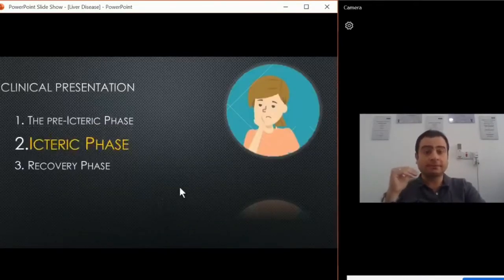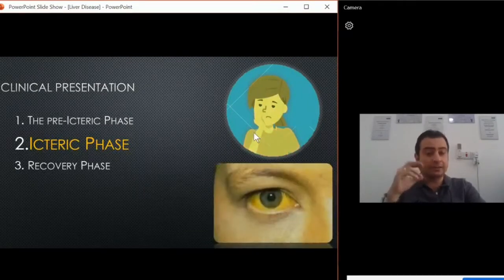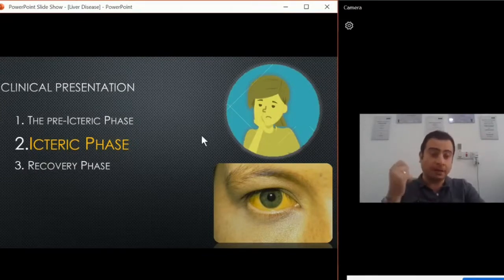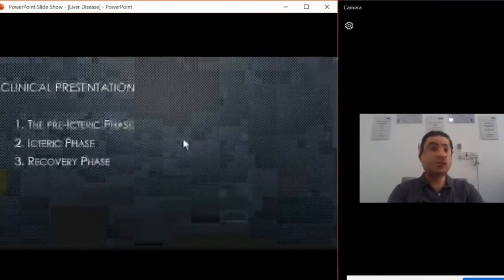The icteric phase is characterized by yellowish discoloration of the skin and mucosal membranes, including the sclera of the eye. This phase is also characterized by patients complaining of liver enlargement, hepatomegaly, and abnormal liver function tests. This phase continues for about 8 weeks, and then the patient moves into the third phase, which is the recovery